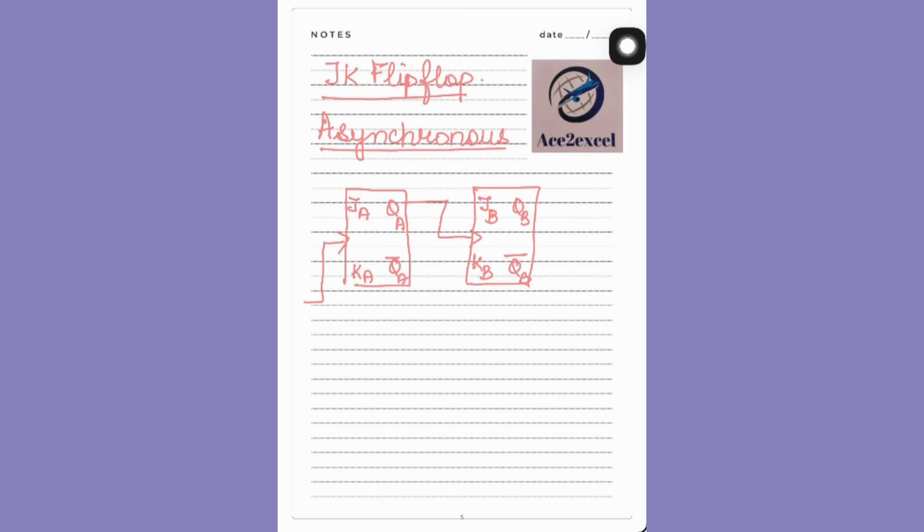Now to keep in mind, toggling is required. And if you remember, JK flip-flop toggles when J is 1, K is 1. So now we'll be using J equal to K equal to 1. There are 2 outputs to the circuit, QB, QA. QB is MSB, QA is LSB, and we have drawn the circuit diagram of 2-bit asynchronous up counter using JK flip-flop. So if you get the question of similar pattern using JK